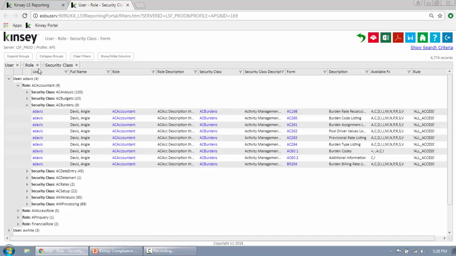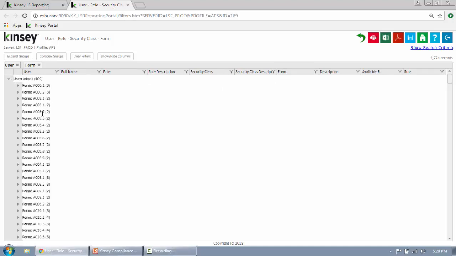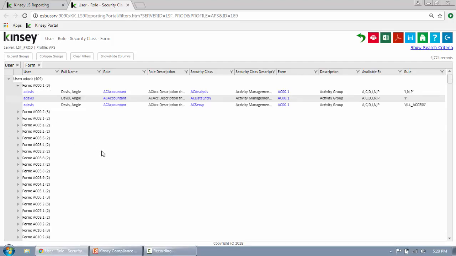That's how you generally look at user, role, security class. Well, what if you just wanted to, what I call, flatten out the model? I really don't want security class. All I want is a list of the forms and what access they have. So I'll just say user, form. So A. Davis has 409 forms. Some of them you can get to more than one way. So we were talking about this before. So he can get to